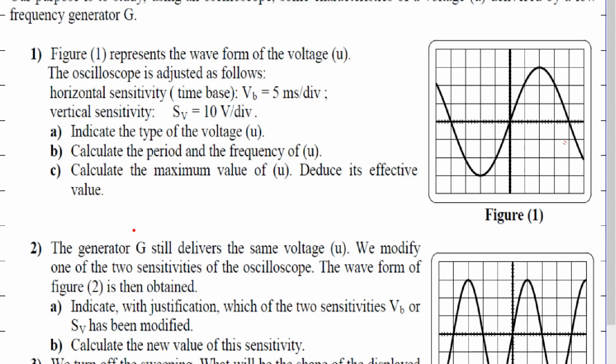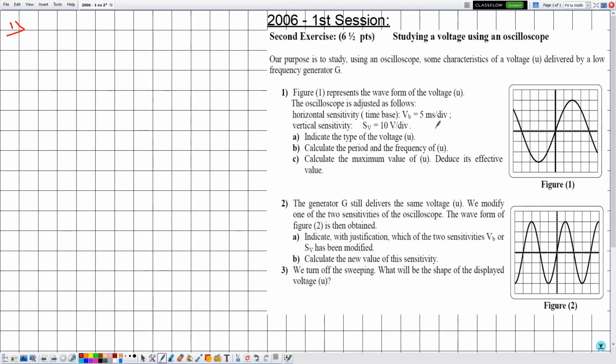Knowing that millisecond is not the SI unit of time, in order to convert from millisecond to second, we divide by 1000. Then Vb, 5 divided by 1000, will give me 0.005 seconds per division, and the vertical sensitivity is given by 10 volts per division. Now notice that till this moment they didn't mention anything about figure 2, then we are not allowed to use it. Now the trick in solving such type of exercises is to determine the values of x and y,